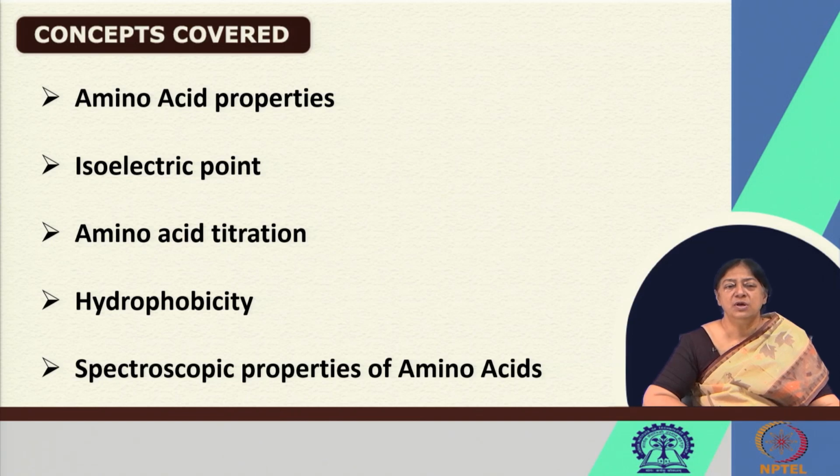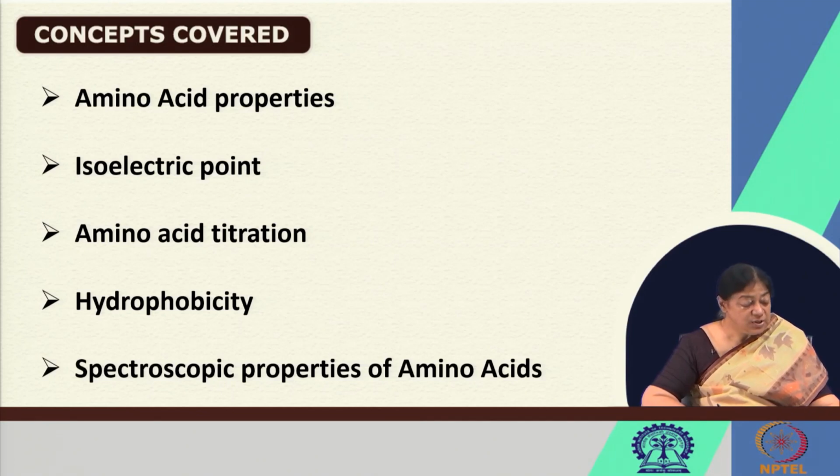So, we need to know which amino acids are ionizable, which amino acids have basic properties or acidic properties, and in the last class we looked at the isoelectric point in amino acid titrations, and we tried to understand where this neutral part of an amino acid comes from in terms of what we know as the zwitterionic form. We also looked at the hydrophobicity in terms of a hydropathy index. We were looking at a specific way to demonstrate how we can find out a hydropathic or hydrophobic region of